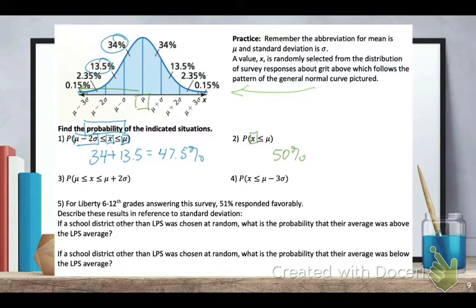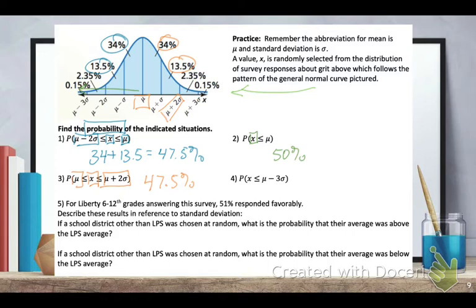Number 3, we want to find the probability that some score is between 2 standard deviations above the mean, see how that's mu plus 2 sigma, and the actual mean. So if you look on our chart, we're going from the mean up to 2 standard deviations above. So we're going to add those percents of 34 and 13.5, which we've done earlier, so we can just remember that that is